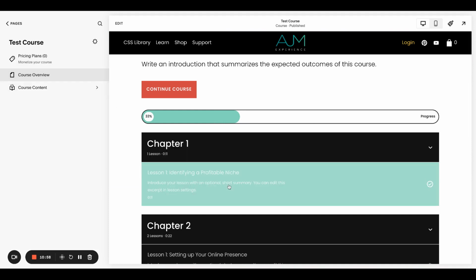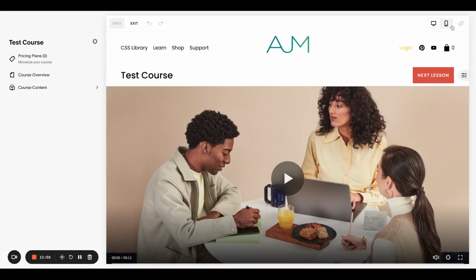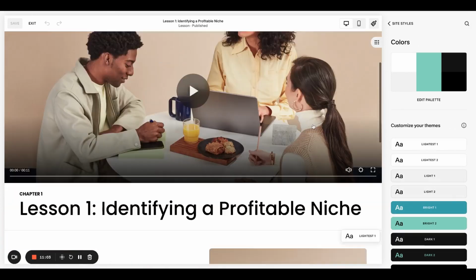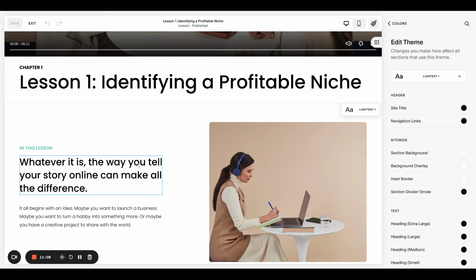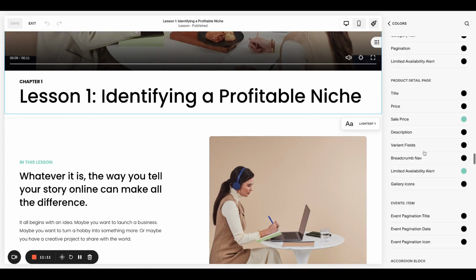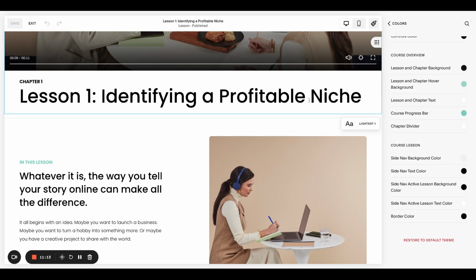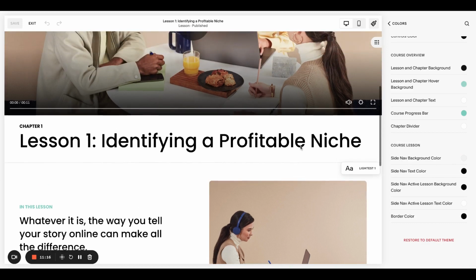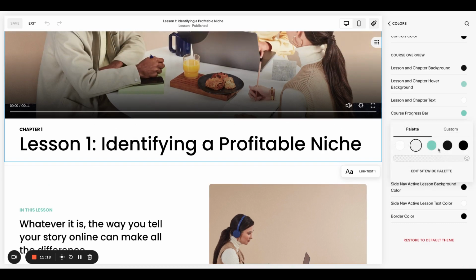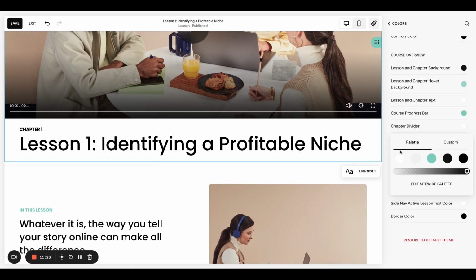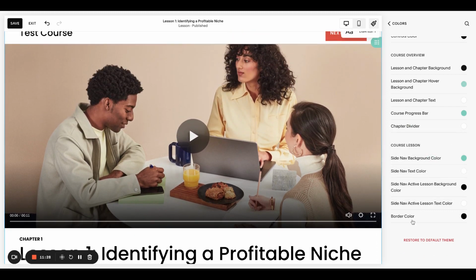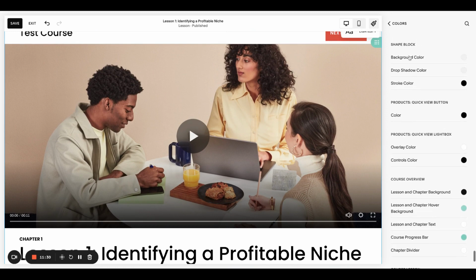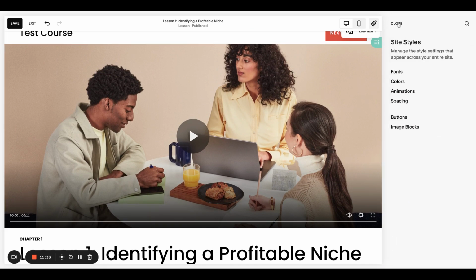Okay, and then once you're in course content, so let's say we're in here. Let's go back into colors. We're using lightest one. So this is all, again, most of this is like any normal Squarespace site. It's just this top part that is more templatized. So you can come in here, play around with this side nav color, make that a different color if you want it to stand out more, the text color within the side nav, all of these different things. So that's pretty much what we can control at the moment when it comes to customizing